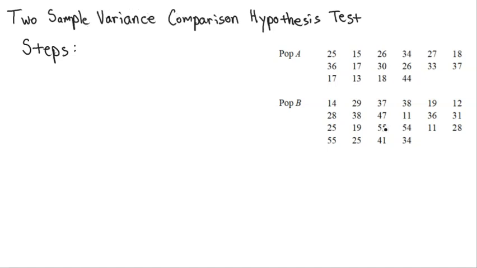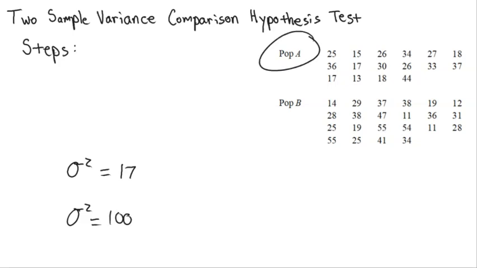Well, different populations, populations don't always have the same variance. Remember that variance, sigma squared, can be a lot of different numbers. So the variance of a population could be like 17, or let's say the variance of the population is like 100, okay? So when you have two populations, like population A and population B, you want to know, well,